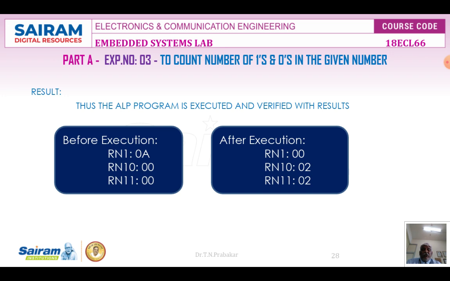This is actually the sample data that is available here. In this case, my R1 is initialized to 0xA. As I already told you, A is equal to 1010, which has 2 ones and 2 zeros. And R10 and R11 are initialized for the number of 1s and number of zeros. After execution, you can easily see R10 and R11 have a value of 2 and 2. And R1 becomes 0 because each and every time we shift the value towards the right, inserting zeros from the left-hand side. So R1 will become 0, and R10 and R11, which are intended for holding the number of ones and number of zeros, will become 2 and 2.